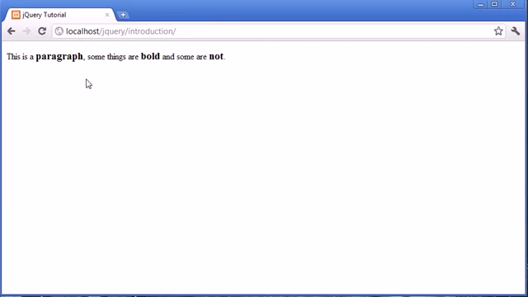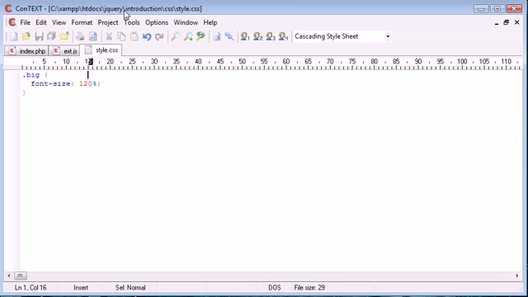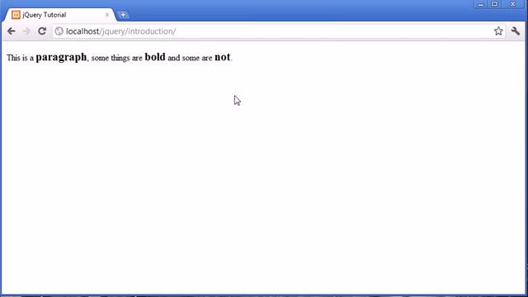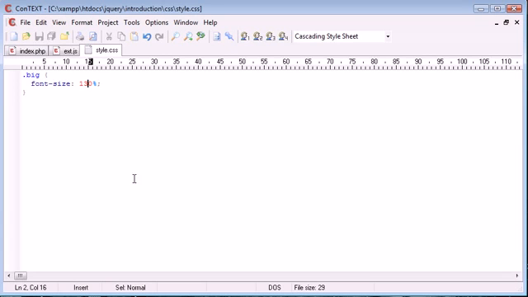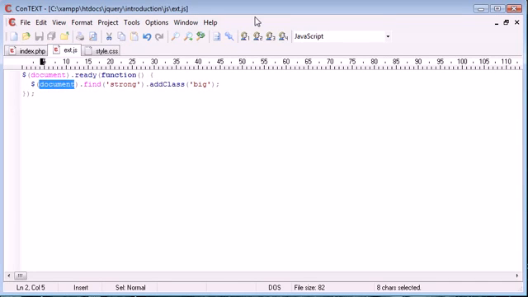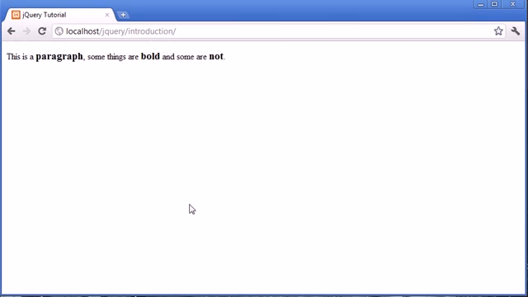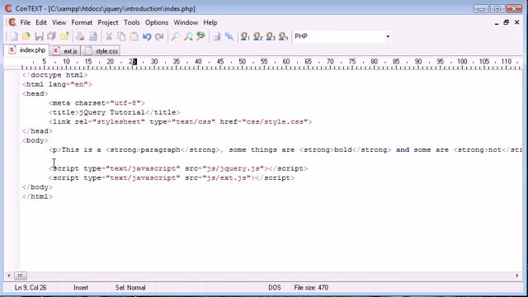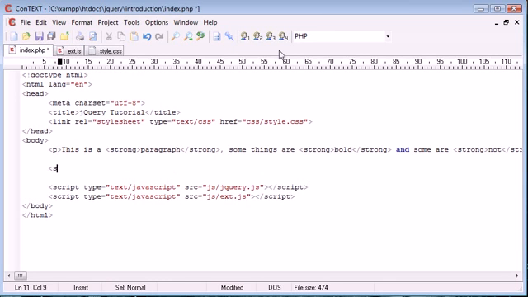When we refresh, we get the same effect. Let's just change that to 130. Refresh, you can see it's bigger. Now the beauty of this is what we can actually do is, now what we can say is p.find strong. So when we refresh, we have the same effect, yet anything out of this paragraph that is strong,